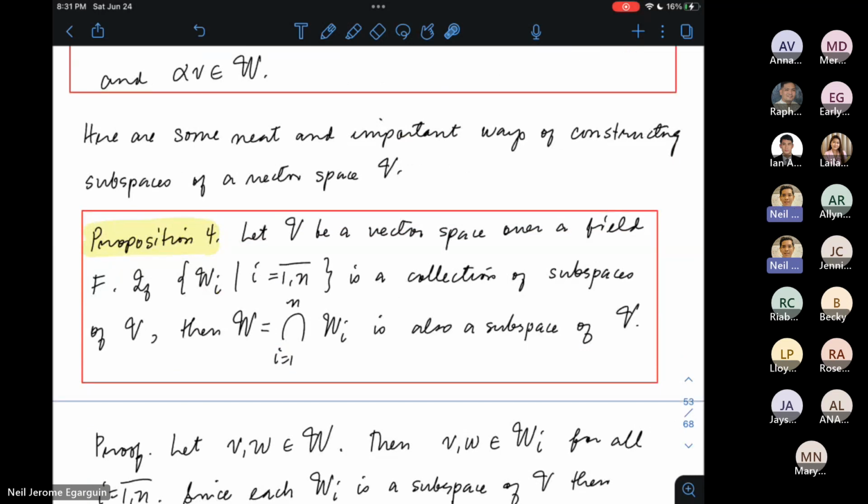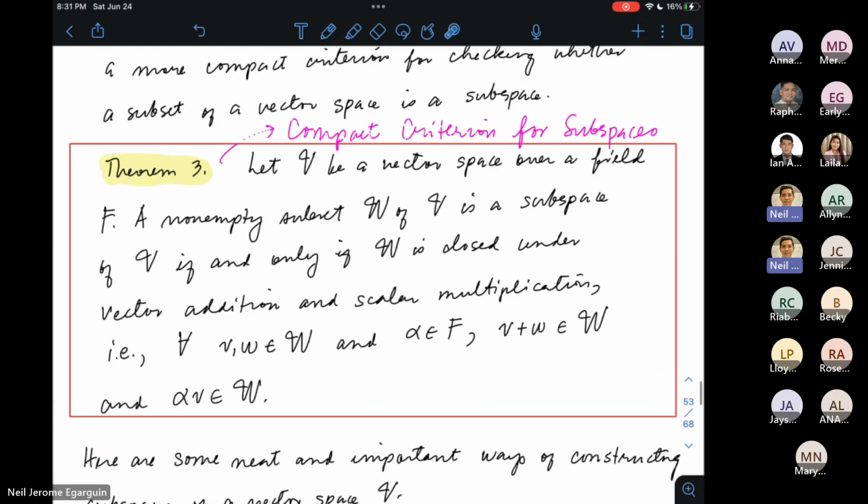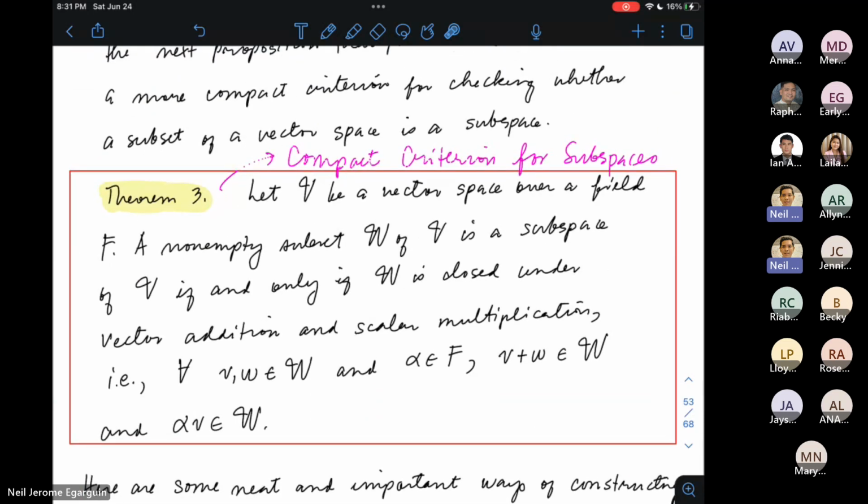And then siguro next time na lang, we'll be showing how to create subspaces for certain vector spaces, all right? And some important subspaces. Pero ngayon I think it's fine. Medyo marami na tayong na-tackle ngayon. We have tackled the definition of vector spaces, some examples, elementary properties of vector spaces, and the concept of subspaces. So for next time, we'll be talking about how to create subspaces and some important subspaces.